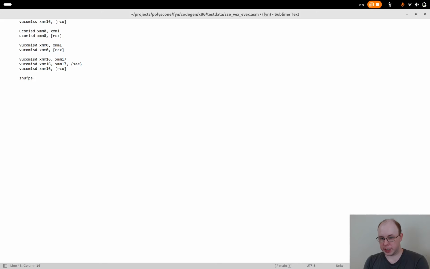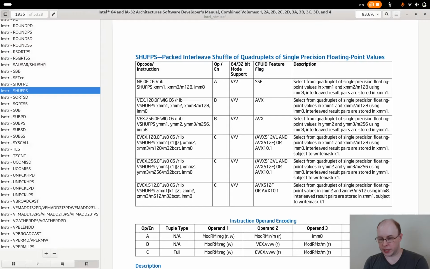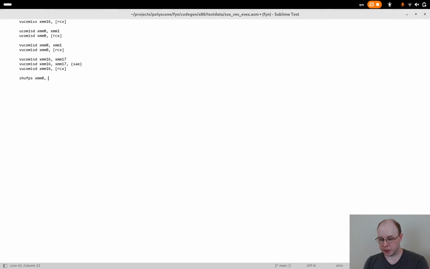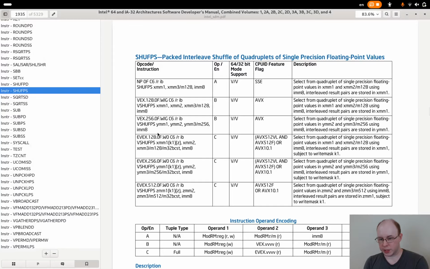So we've got SHUFPS, XMM0, and then we've got, so this has 3 operands. So this is RMI, and then the other 2 are going to be RVMI. So we've got RMI, which means I can do XMM1, and then let's just do the immediate as 7F or something. And then the M here means that I can do a memory access. I think that covers that form. Then we've got VEX, which just lets you choose the length, so that's why there are 2 forms here. But other than that, it's basically just an extra register